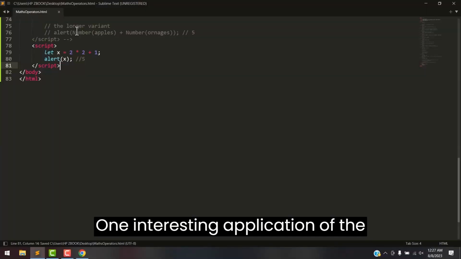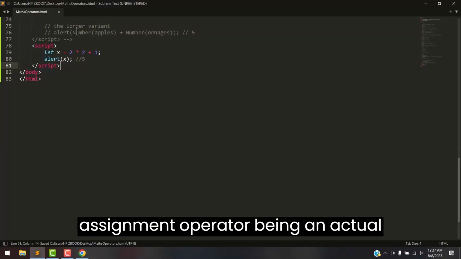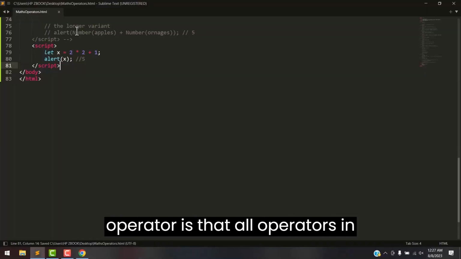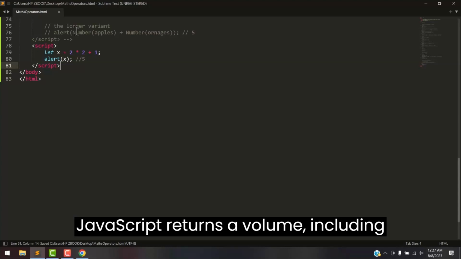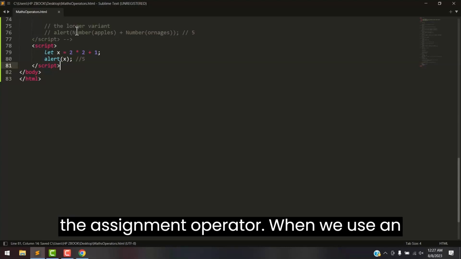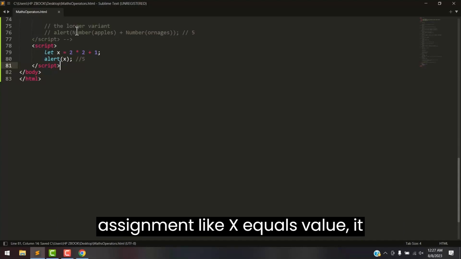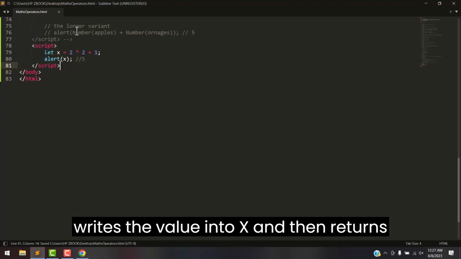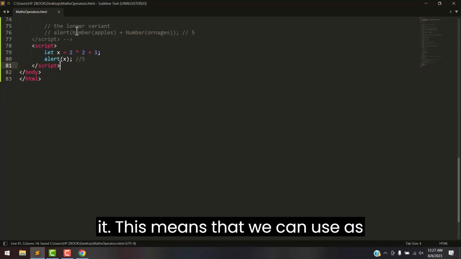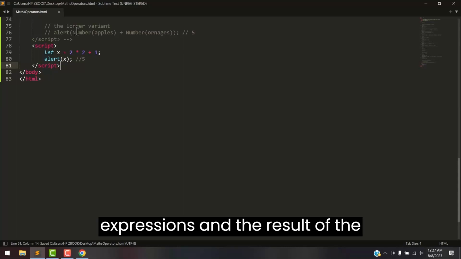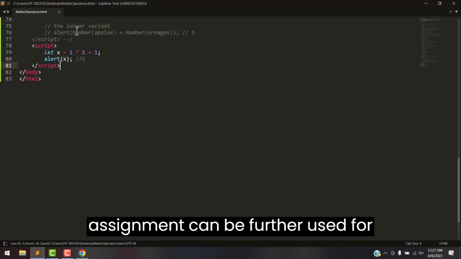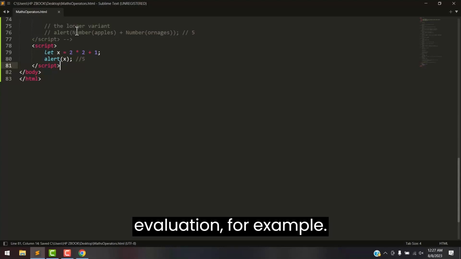One interesting application of the assignment operator being an actual operator is that all operators in JavaScript return a value, including the assignment operator. When we use an assignment like x equals value, it writes the value into x and then returns it. This means that we can use assignment as part of more complex expressions, and the result of the assignment can be further used for evaluation. For example,